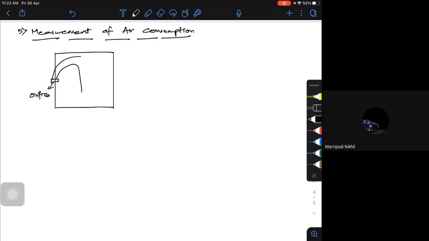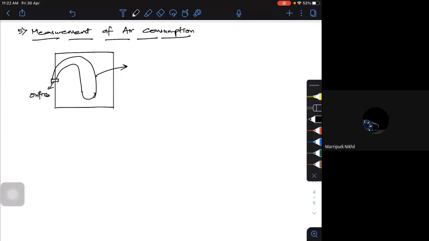U-tube manometer, where water is fed. So this is a water U-tube manometer, where the working fluid will be water. The difference in this is taken as the head of air. This is a standard method. We'll connect it to a box, and in that box there is an orifice. That is called a metering device.